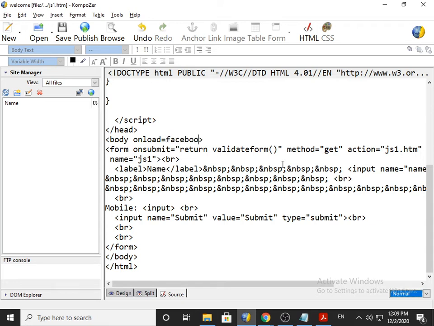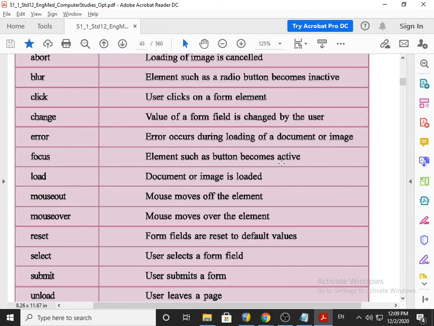Or if I mention facebook.com, I am saying that when somebody opens my web page, load Facebook also. Sometimes if you notice, if you try to open one web page, at that time it will open some other web page also, that is onload.